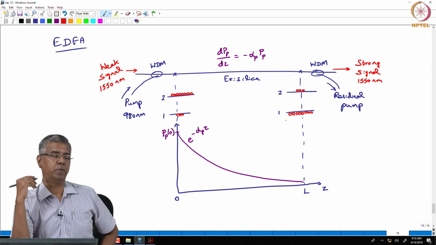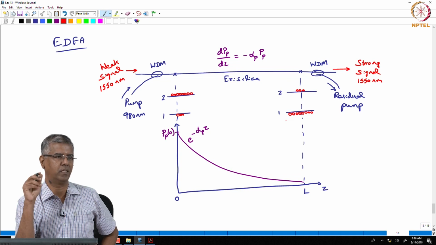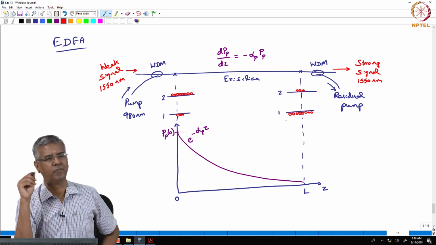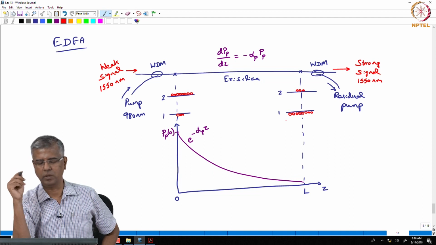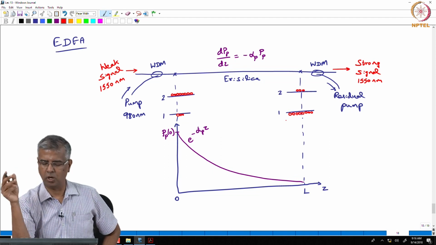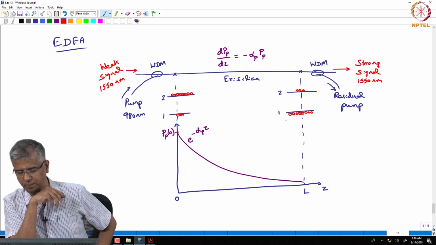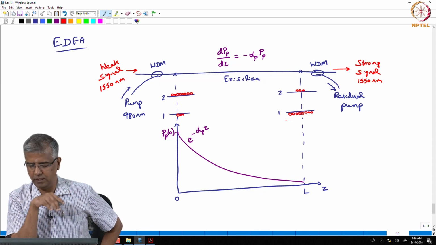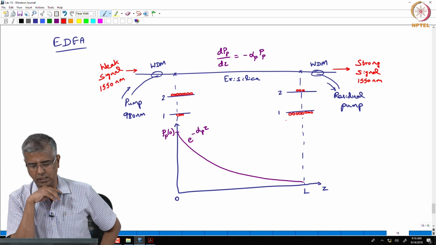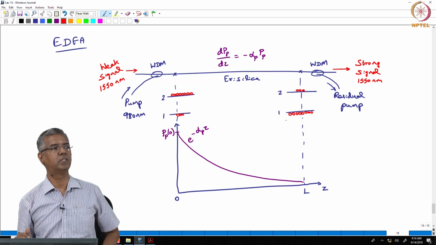Erbium atoms in silica are actually sitting in a triply ionized form, so if you want to be rigorous, you would mention them as erbium 3 plus. It is common to say that we are considering erbium ions instead of erbium atoms. But nevertheless, what this tells us is this inversion is not constant